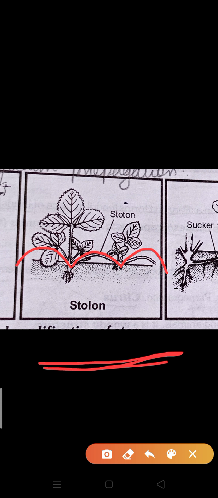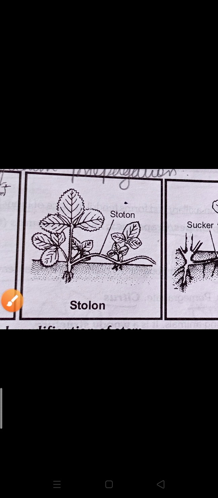In it, branches develop from the lower part of the main stem. You can see, the lower part of the main stem develops and grows from some distance like an arc. You can see here one arc is there, that's why it's known as the stolon. Otherwise, compared with runners, which as I told you run parallel to the soil, stolons have some arc in them. What are the examples of it? Examples are jasmine, peppermint, strawberry. Clear? These are the examples of stolon.